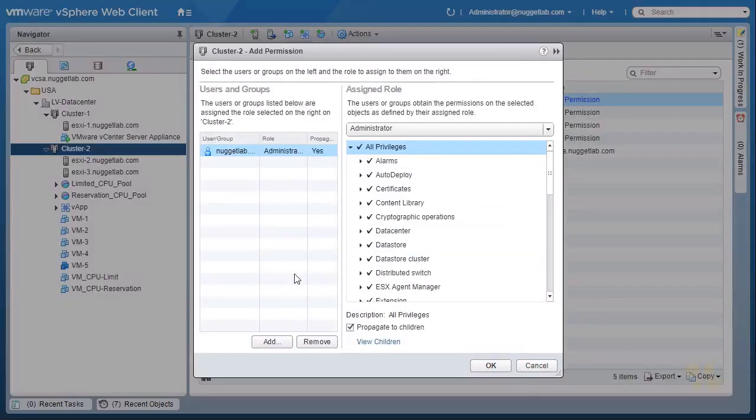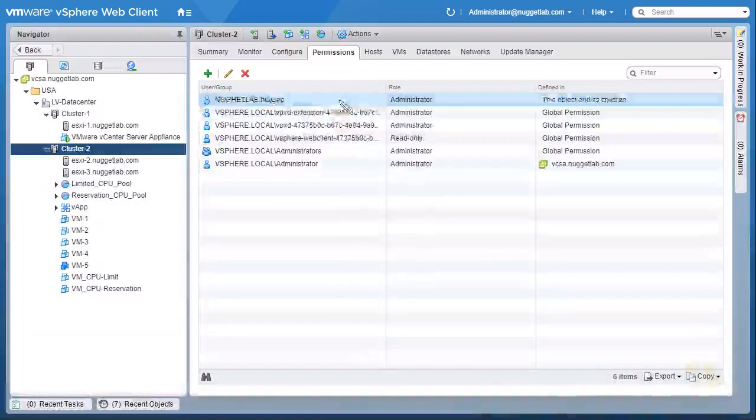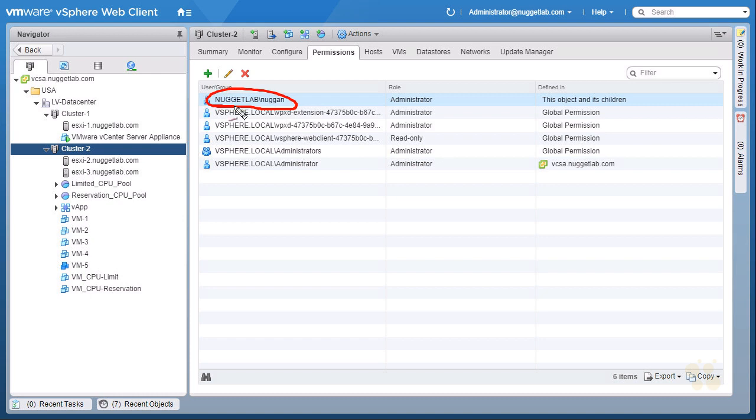And then if everything is correct, and we'll verify our 3 elements, the object, the user, and the role that we're associating with that user regarding this object. And if that looks correct, which it does, we'll go ahead and click on OK. And now it's showing us that the Nugget Lab user of Nuggin has the administrator role that's been associated with this object, and Nuggin is inheriting those same privileges for everything below cluster 2, which includes the ESXi host and